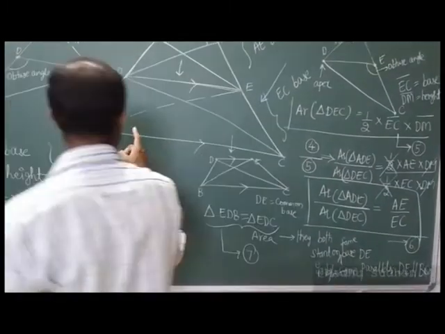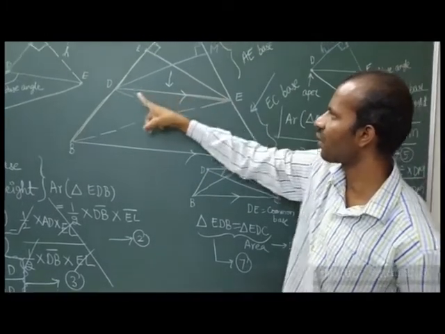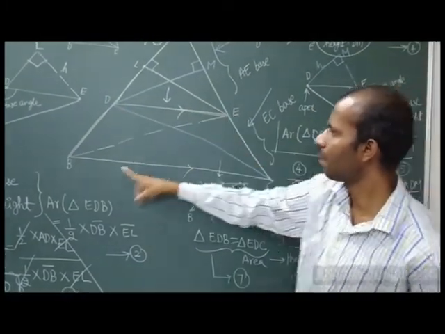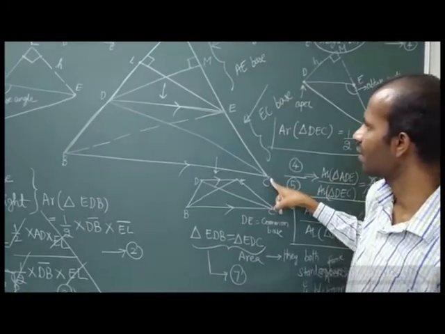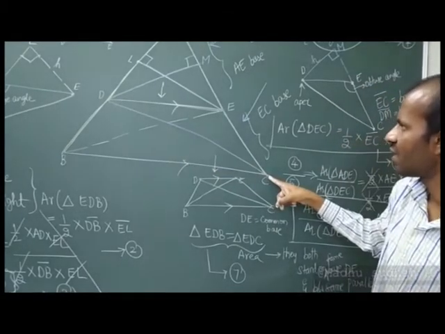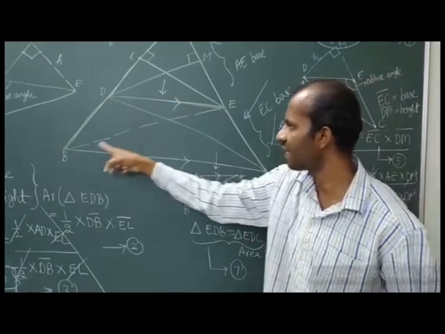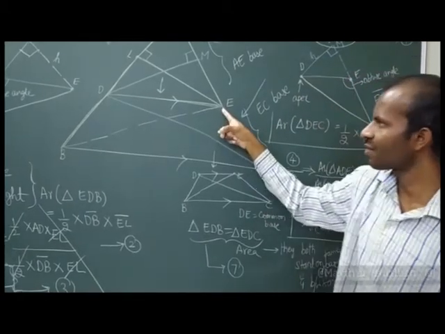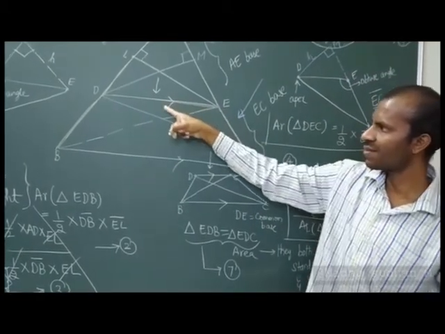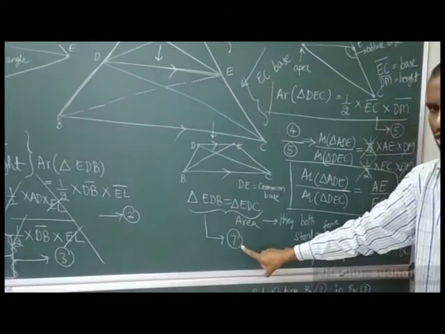Then come back to this trapezium now. Looking from this side, you have this common base DE parallel to this BC. On this base DE, you can find this EDC triangle and EDB triangle. Followed it. Since they both stand on the same base and between the same parallels, their areas are equal. That is your equation number 7.